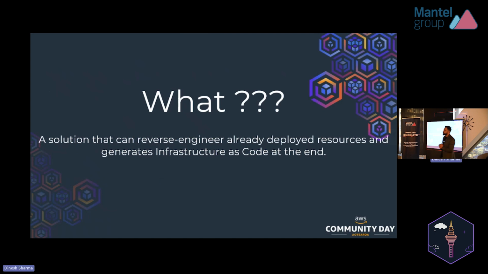First of all, what is it? It is a tool, stack, or solution that can help you reverse engineer already created or already deployed resources in AWS. Normally what happens is you first create the infrastructure as code and then deploy the resources. But in this case, we are creating the infrastructure as code for the resources which are already deployed. So you must be wondering,